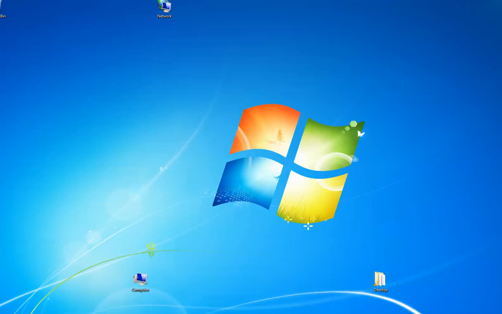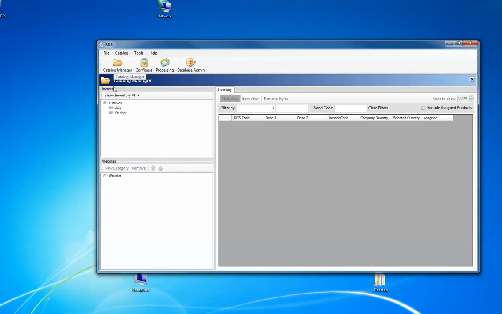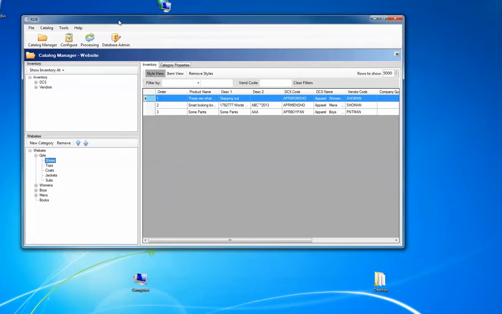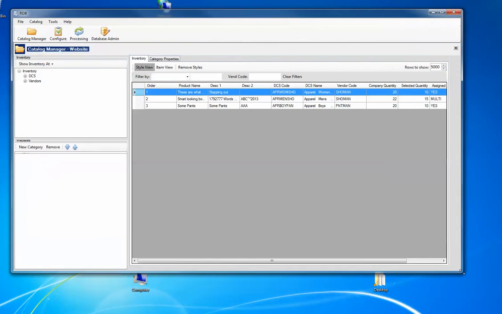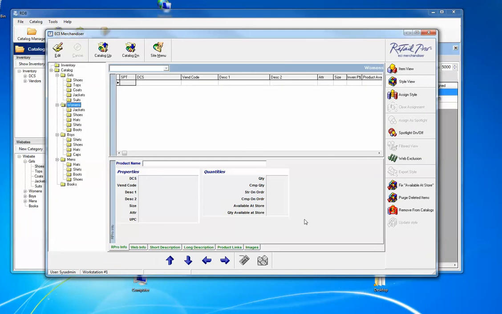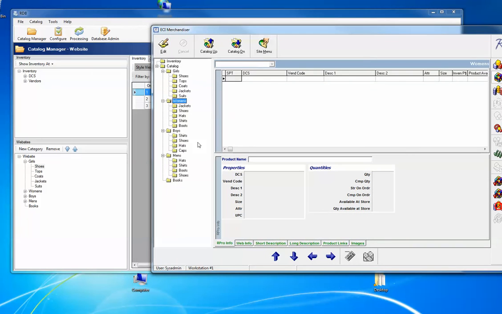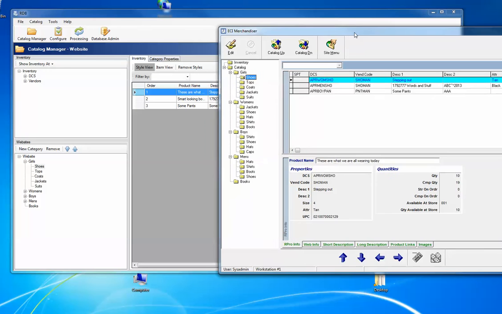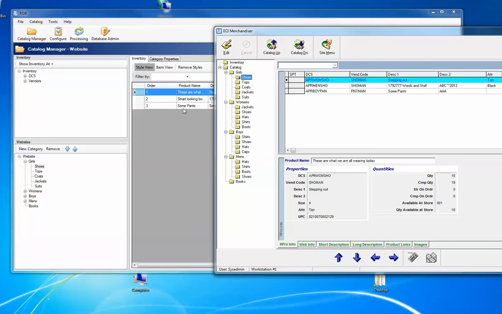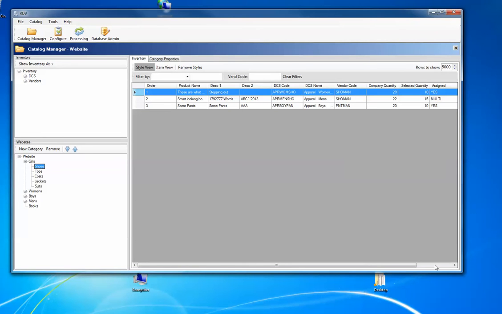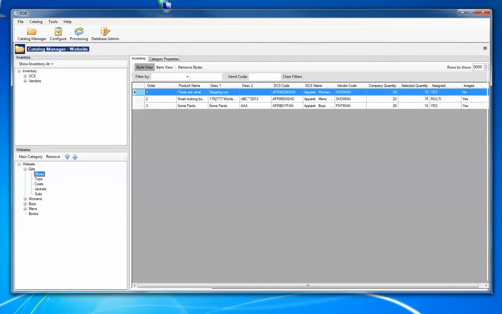Now, if I start this up again, we'll see in here we've got our website with our catalog structure and the products that have been assigned to those categories, right here in our catalog manager. If we look back at our ECI merchandiser, let me just bring that up again. We can put these two side by side and we'll see in our girls shoes category the three products, and again we see those three products right here as well. So let's put ECI merchandiser away and show you some of the things you can now do in the RD8